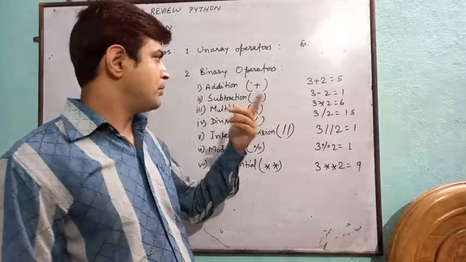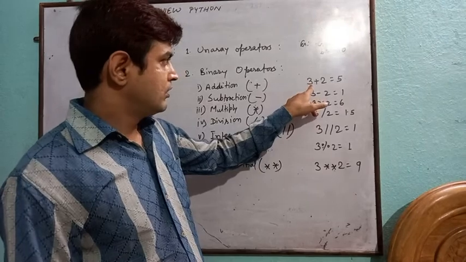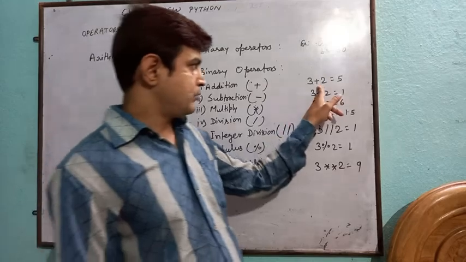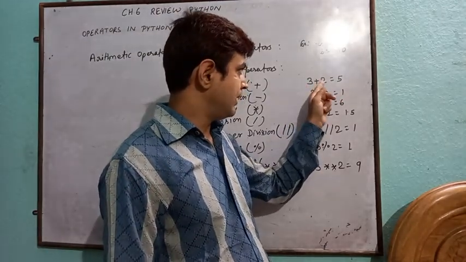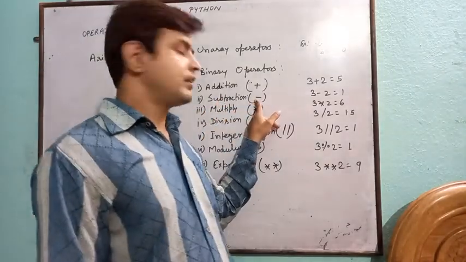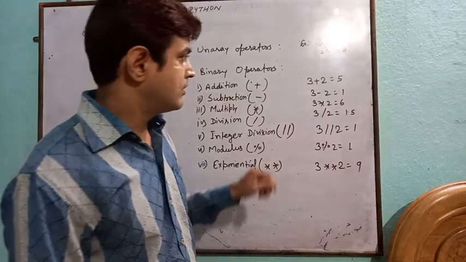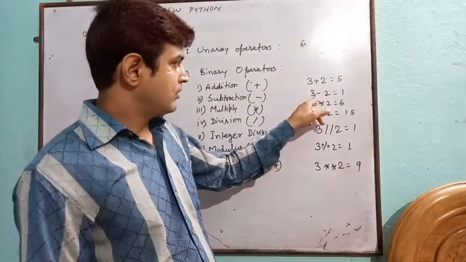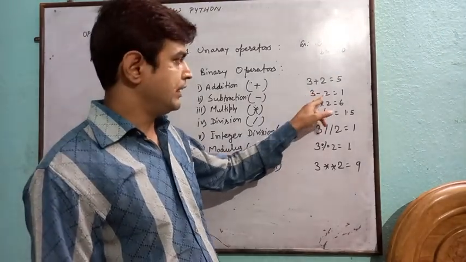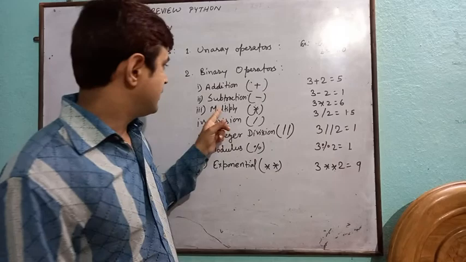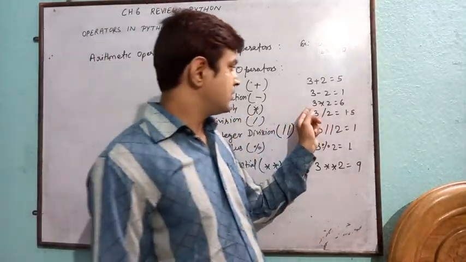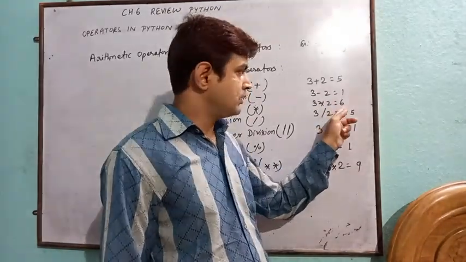These include addition, plus, with which we are all familiar. Take an example, 3 plus 2 equal to 5. Here plus is the binary operator, and as we can see, it has two operands, 3 and 2. Next, subtraction. What is the use of the subtraction operator? That is the minus operator. It is used to find the difference of two values, and here this operator has two operands, 3 and 2, and the result is 1. The next is the multiplication operator, asterisk. It also has two operands, 3 and 2, and the result is 6.